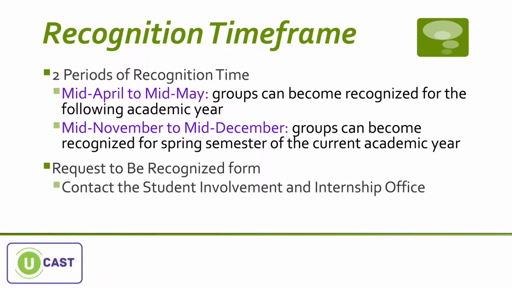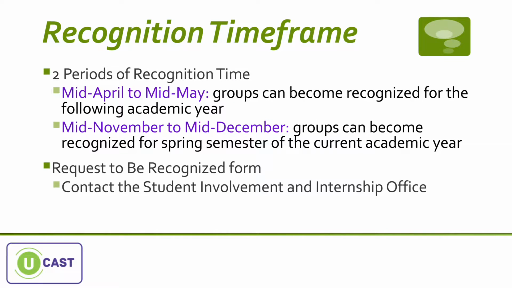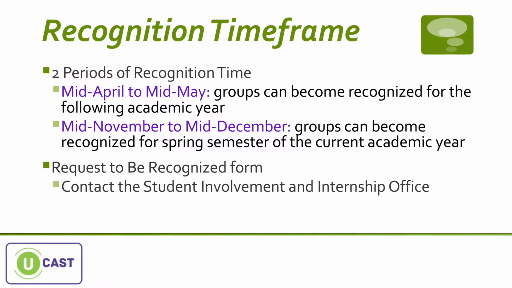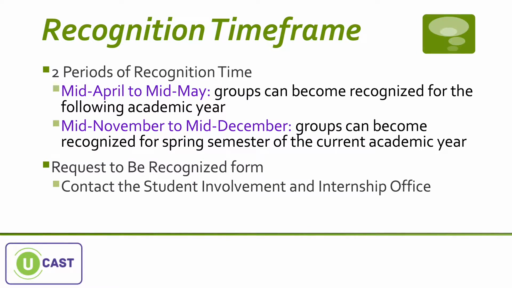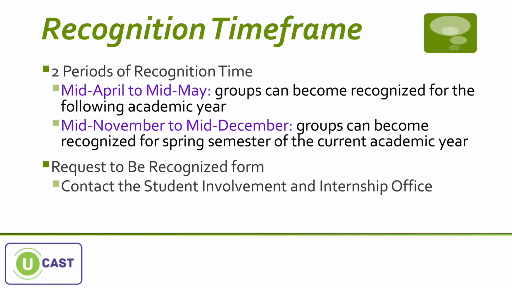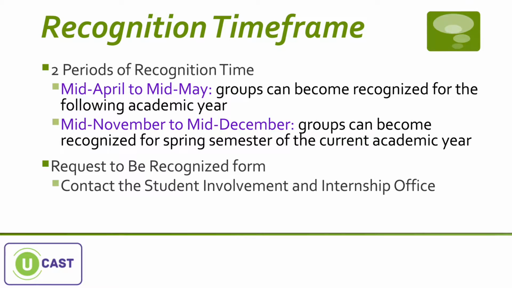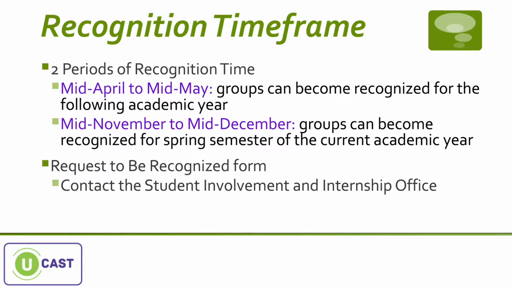UW-Whitewater has 2 periods of time in which we recognize student organizations. From mid-April to mid-May, groups can be recognized for the following academic year. From mid-November to mid-December, groups can be recognized for spring semester of the current academic year. The process is advertised throughout campus in many ways and allows you to jump right into the process without any